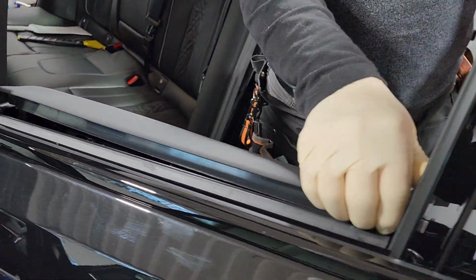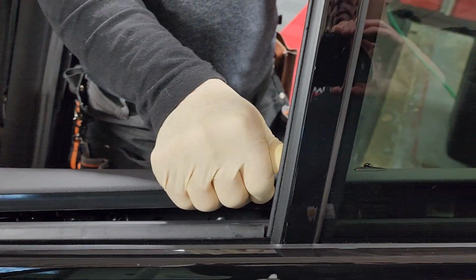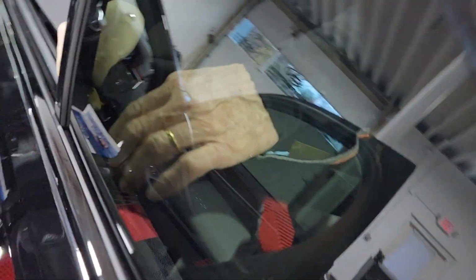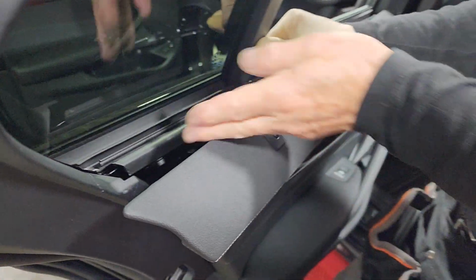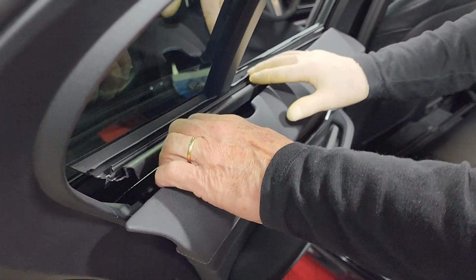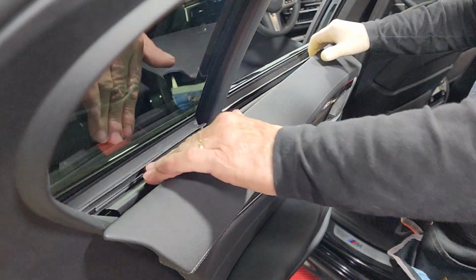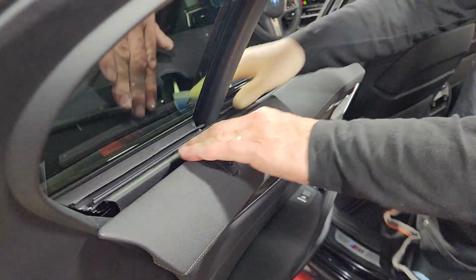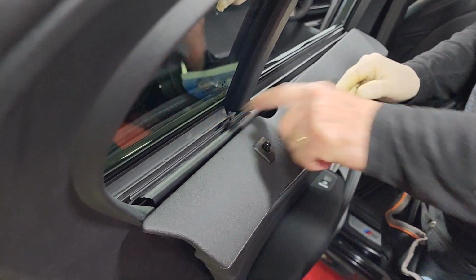Then I'll do the back. So when I do the back, what I do is I left, if you show it over here, Dave, see, all I did is I left it over here and it's already off, okay? Now, of course, it's very easy to take it off. It comes right off. When you put it back, some of you are having a problem to make the lip